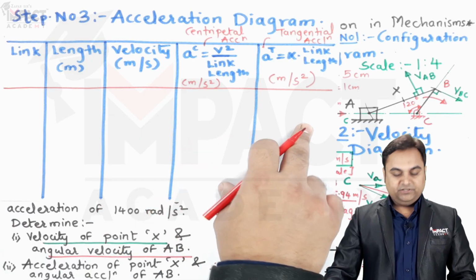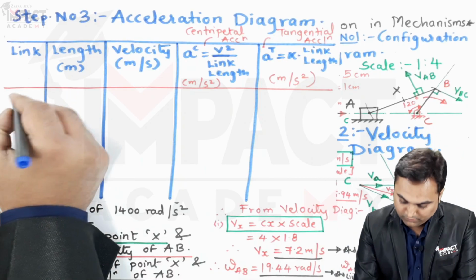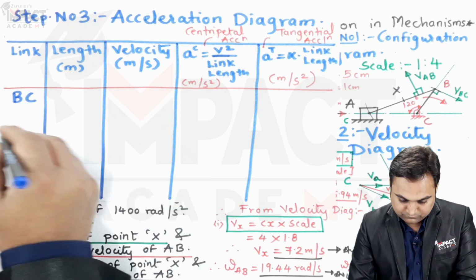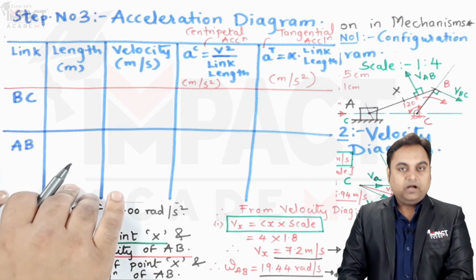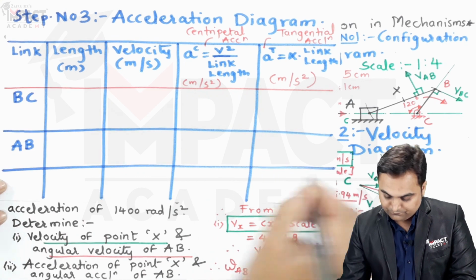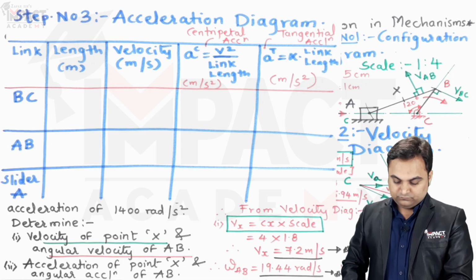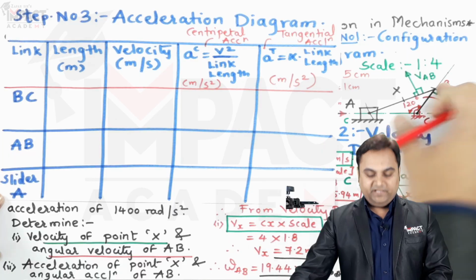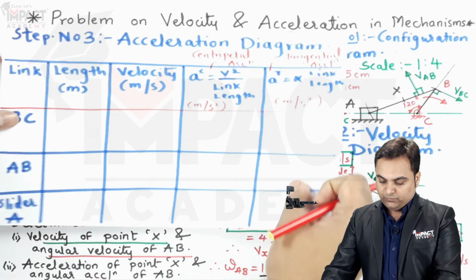Now I'll explain this method in a step-by-step form. Starting with link, first we have link BC, then link AB, and at last we have this slider A. Now how to fill this table? First of all, starting with link BC, its length is 120 mm, and here we require the length in terms of meter. So BC is 0.12